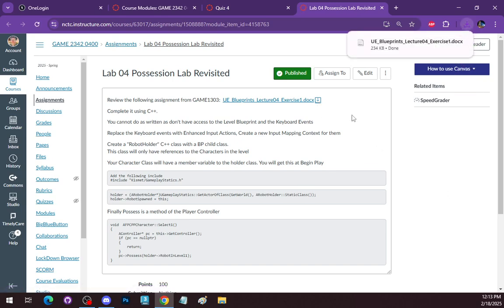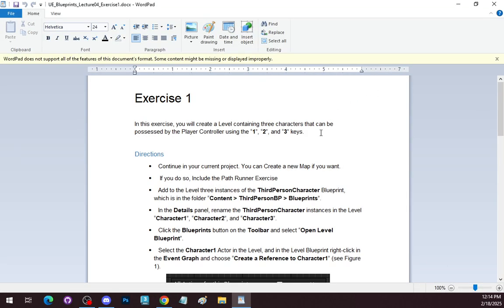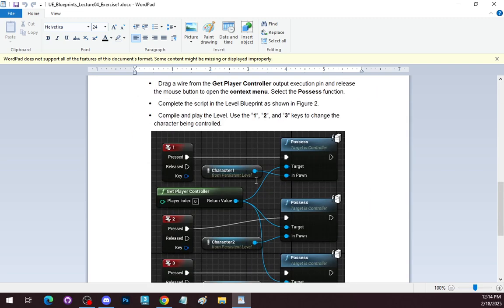So we're going to revisit a lab that you did in the previous course, the possession lab. The document may have changed from the previous course, but the idea is that in the level you've got 3 different player characters, and each can be possessed by the player controller by pressing the 1, 2, 3 keys. And then, ideally, I think the extra credit is